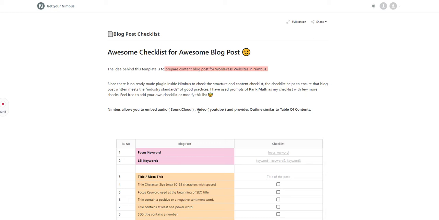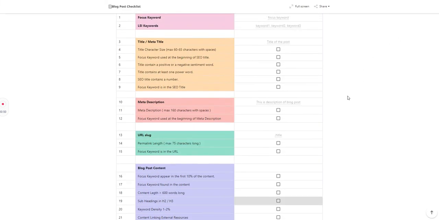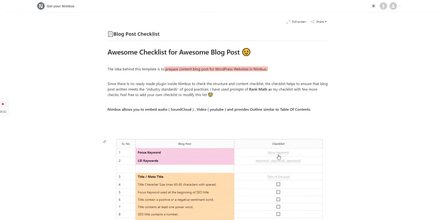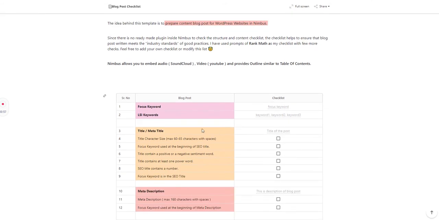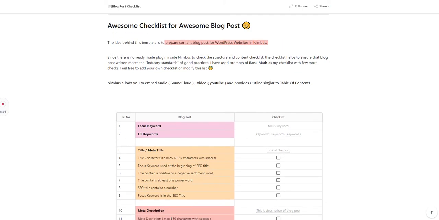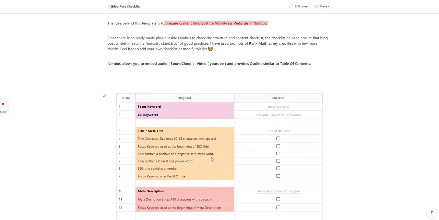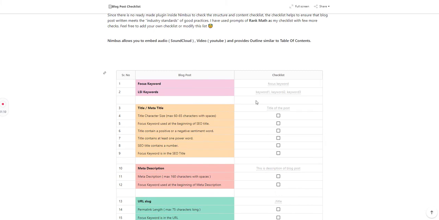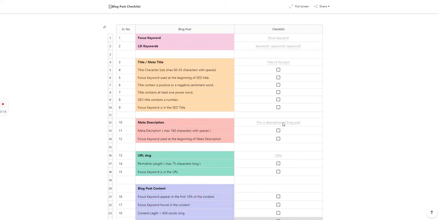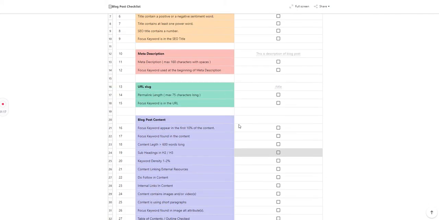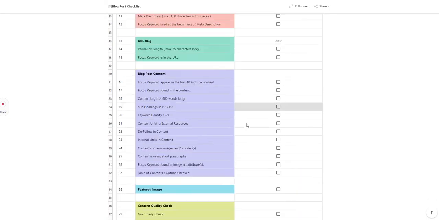The idea is, we have created a checklist. Whenever we write an article, I'm sure everyone knows we focus on a keyword. So we mention the focus keyword, we enter all the LSI keywords, we write the title and all the things that are there, all these prompts. These are similar prompts that you get in RankMath, Yoast SEO and all that stuff. So we ensure that once an article, whichever we write, has all this checklist in place, like it's checked or not. Okay, we ensure the meta description and all that stuff is put here.